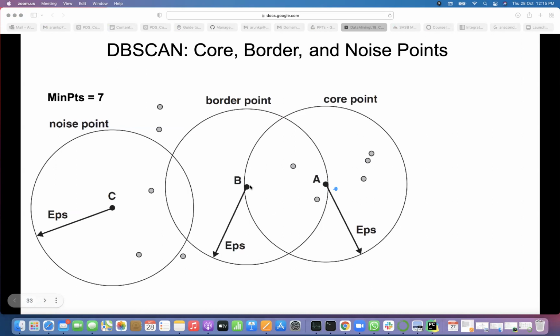Of course, if this is a little bit further, then you will draw another circle here, something like this. With this, if you can find 7 points, 3 and 4, 7 points you can find here. Yes, this also becomes a core point. But when you take this first core point A, this is also labeled with 1 because it is in the neighborhood of A. For the second iteration, this point will not be available.